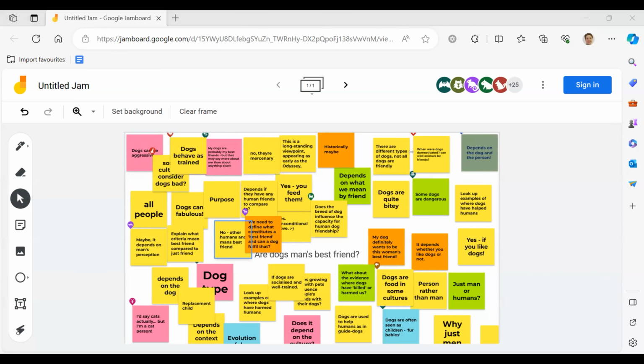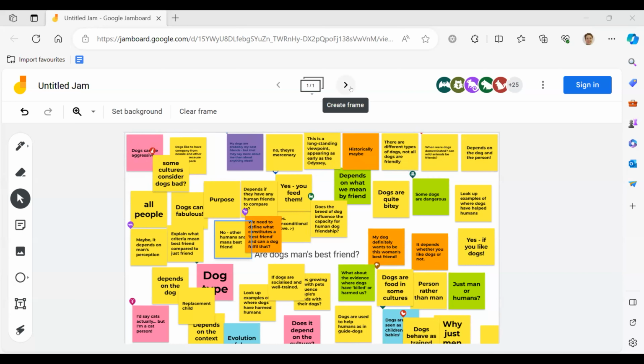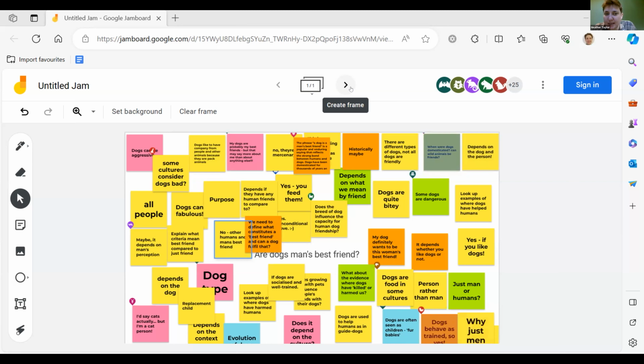I do. Oh yeah, go for it. Yeah, I think that's a really interesting point. I would probably say, yeah, we probably need to define then what best friend is and whether a dog can fulfill that role of a best friend, because I think that's where the notion of human and animals coming from. Yeah, very good. And it's kind of thinking about it, I guess, as a bit of a reciprocal relationship and what dogs can offer people. Yeah, brilliant. Has anyone else got any points on that one?